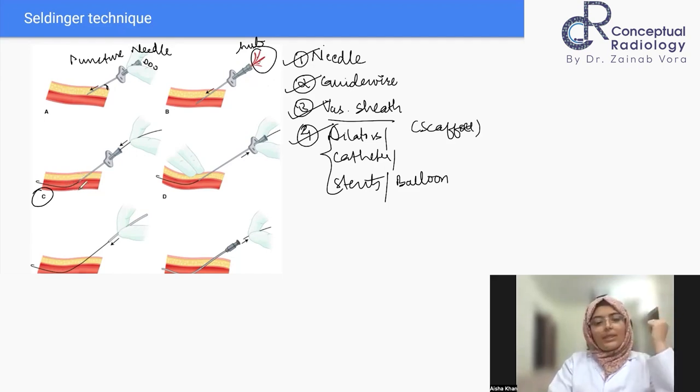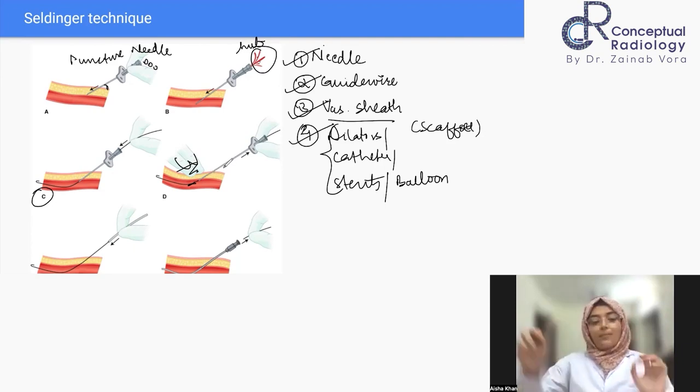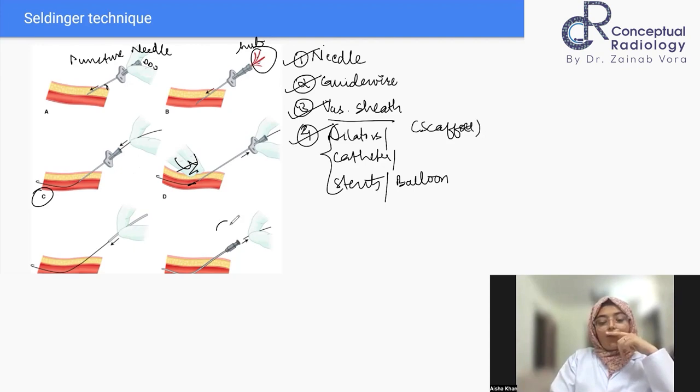इसको कुछ लोग fluoroscopically भी ensure कर लेते हैं, the position of the guide wire is within the target vessel or not. After that you have to gently remove the needle while ensuring कि guide wire displace नहीं होना चाहिए. तो आप थोड़ा सा traction दे सकते हो opposite hand से, keep the guide wire in place and remove your needle over this guide wire. Then you have to put your, ये वाला step में, vascular sheath और your catheter, जो भी आपको उसमें अपना tube डालना है vessel के अंदर. So that is how is your simple Seldinger technique. Anyone has any doubts regarding this? Seldinger